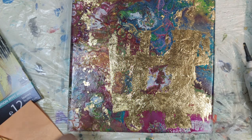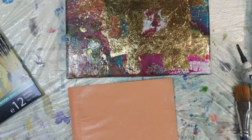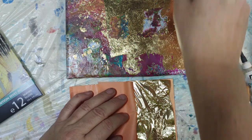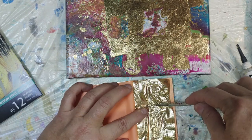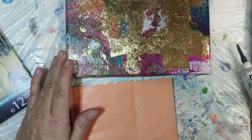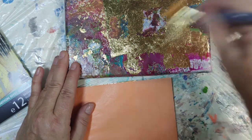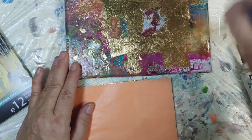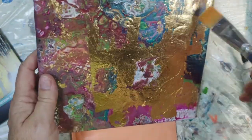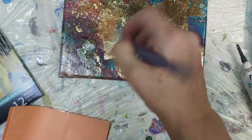get loads of this as well. Just to show you something else I'm going to do here. So I want a little piece for this corner, so I'm just going to cut a small piece rather than use a whole sheet. See how that works. It's covered a bit more intensely than I hoped, so